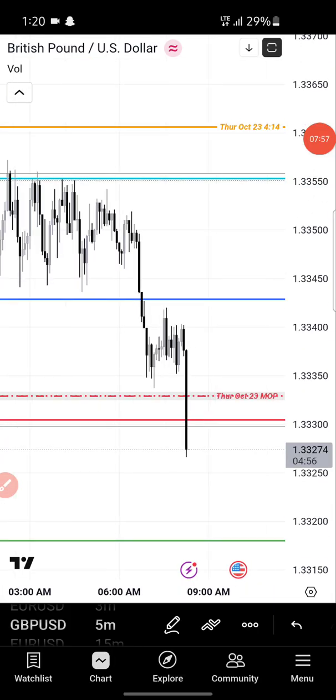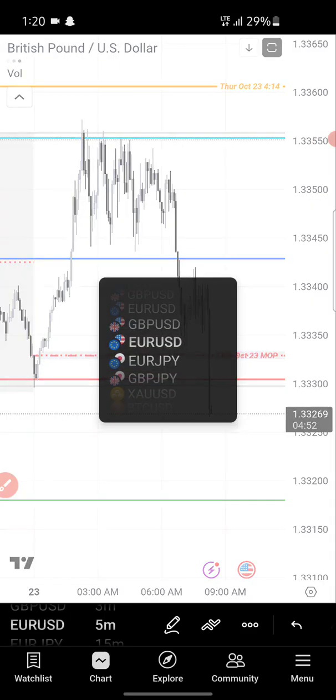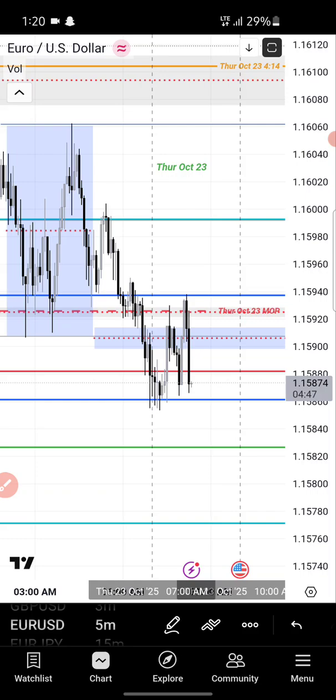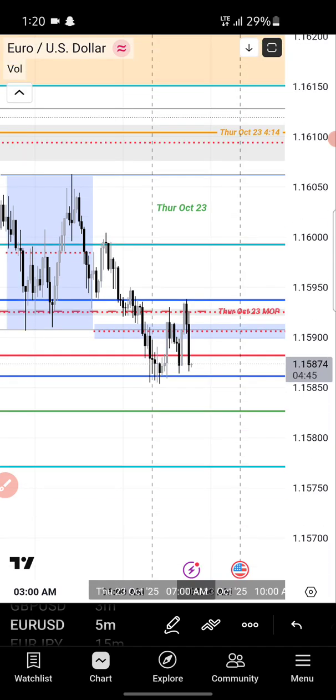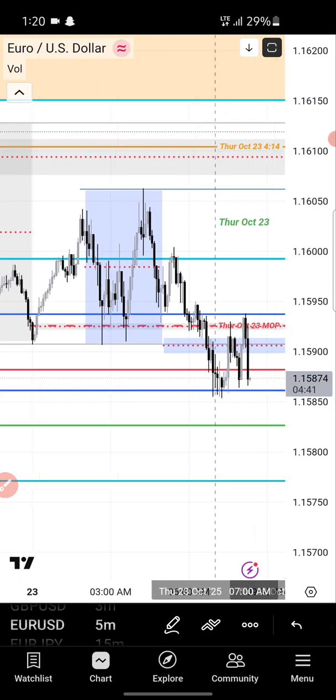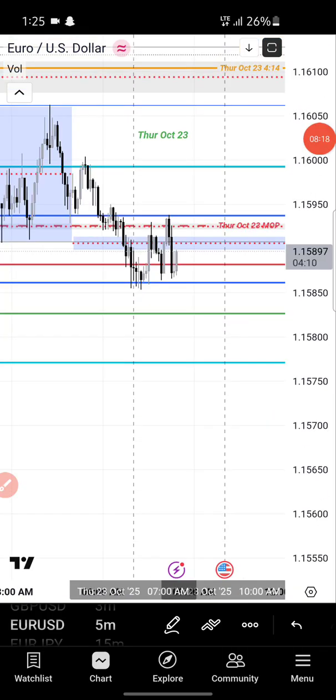GU is tanking to the downside aggressively. EU is following suit. So a lot of manipulation here in the marketplace. A whole lot of manipulation here. But let's see. Now if you watch what price did on GU,